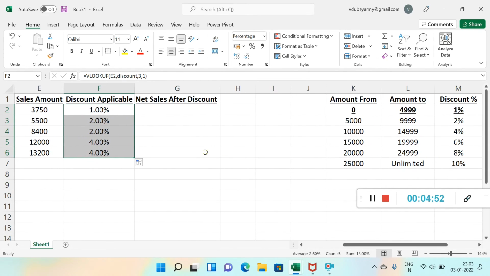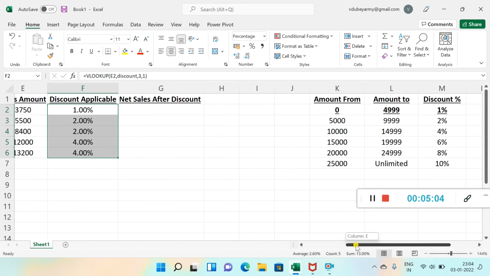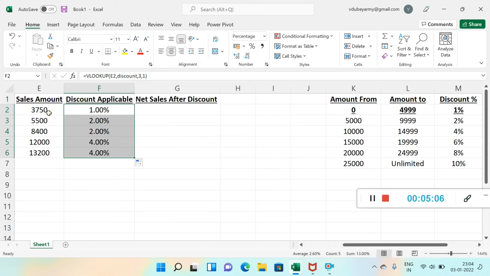Suppose you do not apply VLOOKUP, then what will you do? You will think of doing it manually, right? You will see the sales amount, like it is 3750. Then you will see the range in which it is lying. Then you will see the discount percentage, it is 1%.